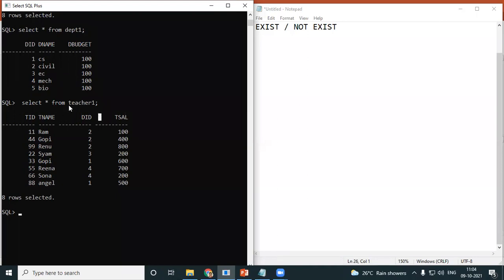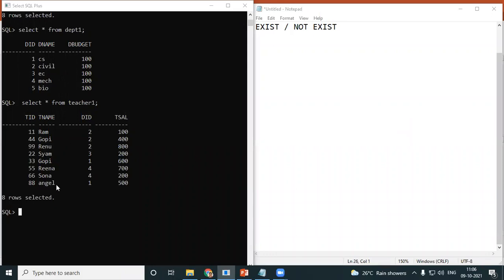I do have a second table called teacher, where I have a teacher ID, which is the primary key, the names of the teachers, I've got some 9 or 10 teachers, then the department ID, which shows which department the teacher belongs to. As you can understand, department ID is the foreign key, which is connected to the department ID primary key of the department table. And then I do have the salary for all of my teachers.